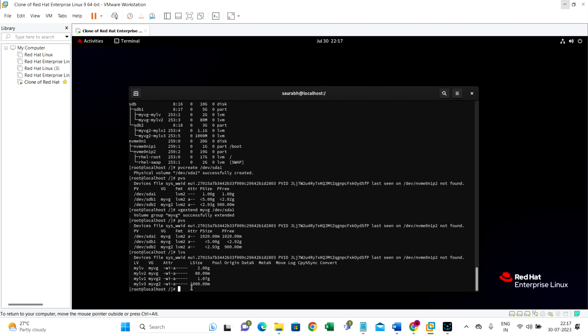Let's create a file system of type XFS first of all. We have two formats here: we can use mkfs.xfs or we can use mkfs -t xfs. Both are the same. You can choose either of these. Here I am going to use the mkfs.xfs format,